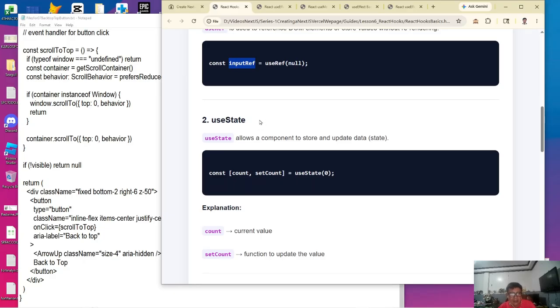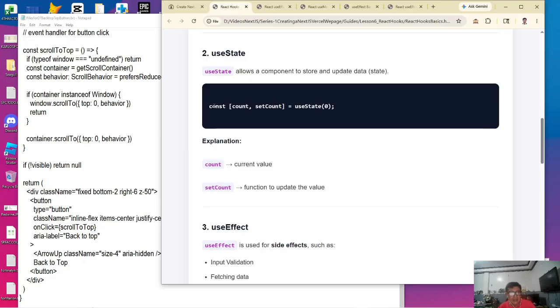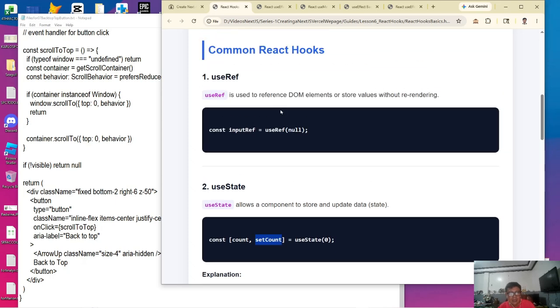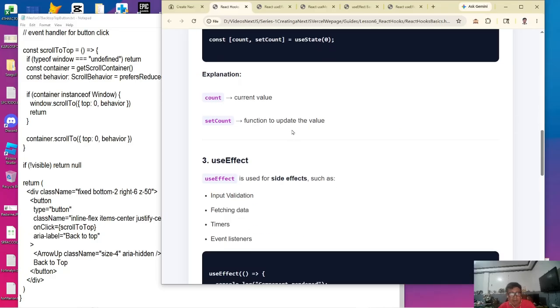The main difference is useState will trigger an action which is to render the component that contains it. We are declaring a state variable called count and the setter is setCount. setCount is used to update the value. Now, inputRef is just used as an ordinary variable. Initially, it's declared as null and you can put a value into it using an assignment statement.